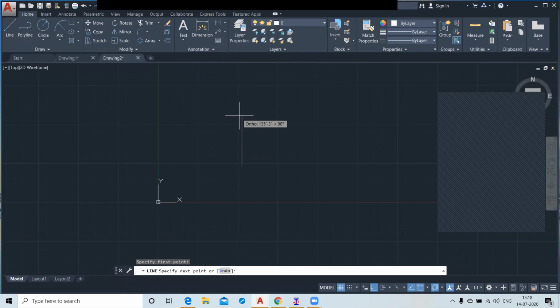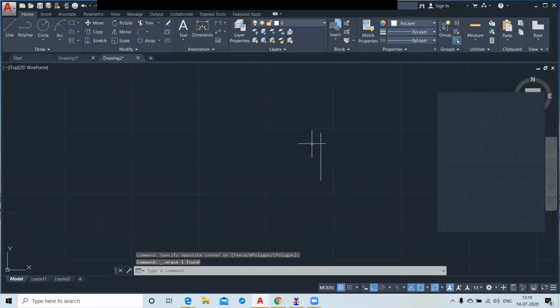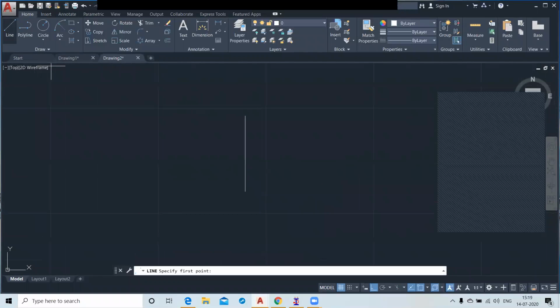This is your 3 feet, enter. Specify first point and 3 feet. So this is your line for 3 feet, and click here. This is also 3 feet.